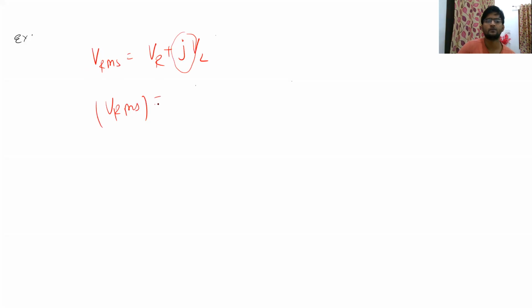So to remove your confusion, if you want to write a KVL equation for the circuit we just solved, it has to be written as VRMS is equal to the voltage across R plus j times voltage across L. So you have to apply this particular j so that the magnitude of VRMS will come out to be under root of VR square plus VL square. So why did we apply j? Because this voltage VL is at a 90-degree phase with respect to VR, right?